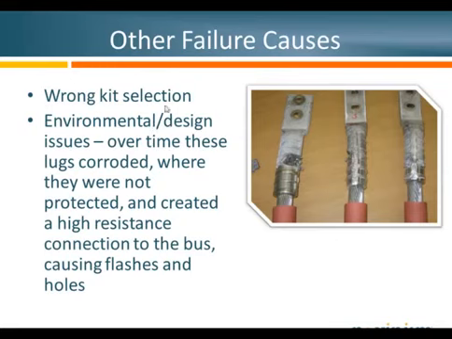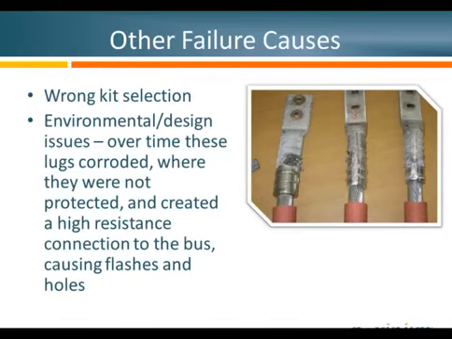Again, the wrong kit selection sizes can be bad. And we talked about environment and design, and that is very critical. In these examples, you can see where the end of the termination was sealed onto the lug, that the lug is still shiny, still has the tin plating, but this is a coastal environment, and the rest of the lug is very corroded. And what happened over time is that it corroded even the inside of the pad where they're bolted together and bolted onto the bus,